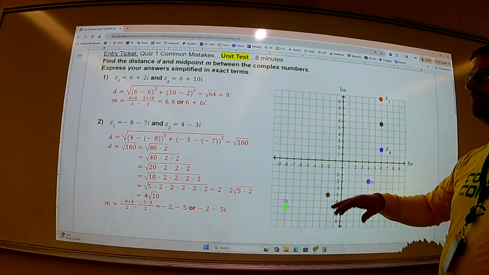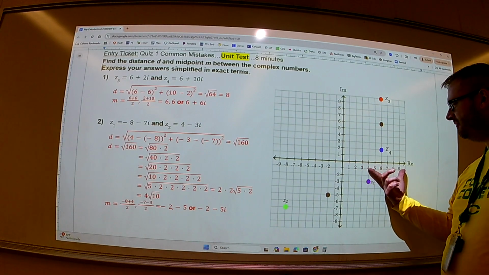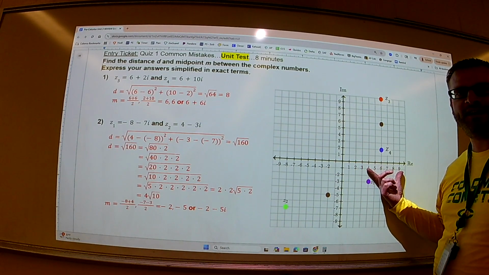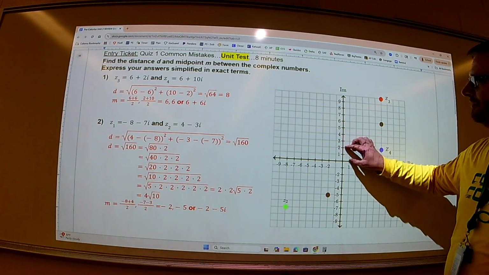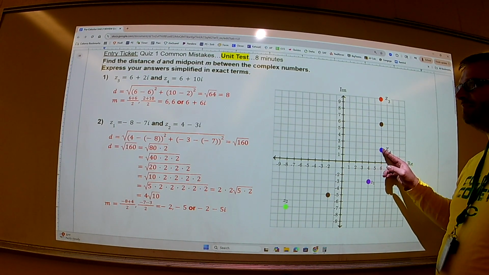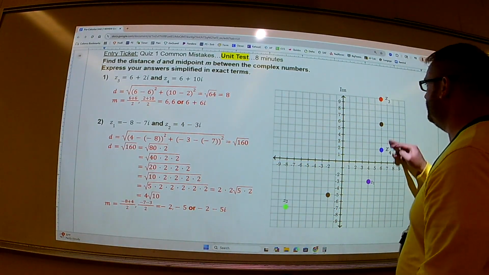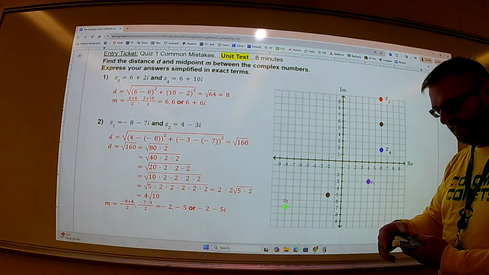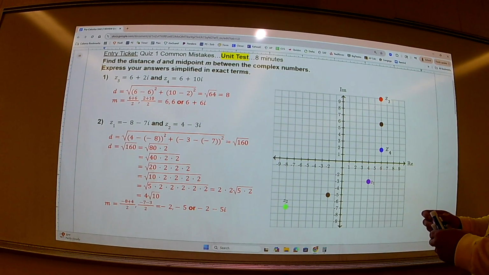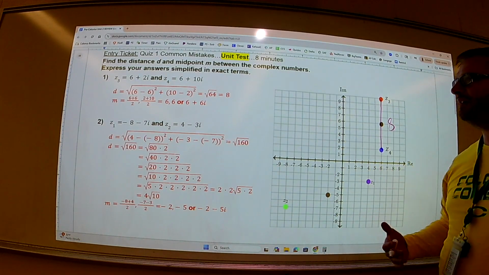So we have Z3 at 6 plus 2i. If you'll recall, the real numbers are on the x scale, the imaginary numbers are on the y scale. So that's our point at 6 plus 2i, and then we have another complex number at 6 plus 10i. Really, if you take a quick look at the graph, that's just 8 units, and the work to get there